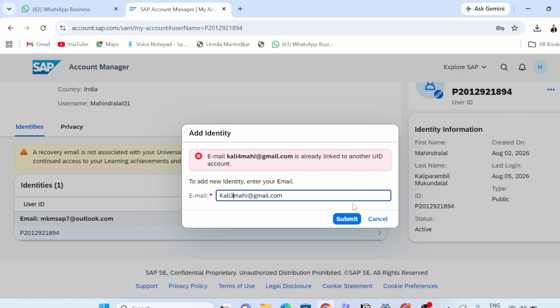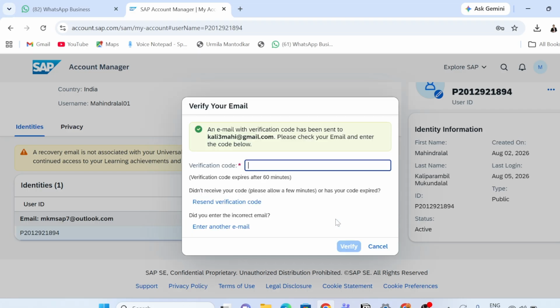Then you just need to give the verification code. That verification code will be sent to this Gmail.